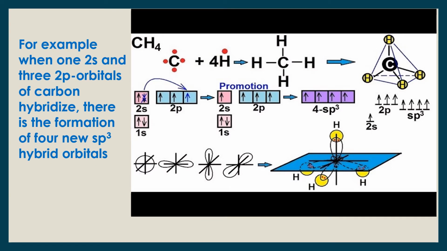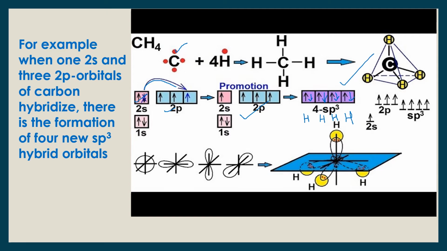Here is the same example of carbon, 2s, 2p. You can see this electron is shifted here. So you get, after promotion, 4 unpaired electrons, and they are ready to pair with atoms like hydrogen. So one hydrogen will pair with this. Second hydrogen, there are 4 hydrogens. So we have 4 sp3 hybridized orbitals. They are simply pairing with the electron of one hydrogen each, and we get CH4.